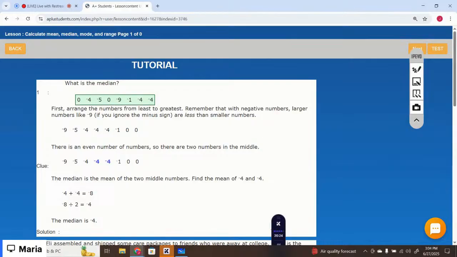What is the median? The median is the number that divides the whole data into exactly equal parts. So you have to arrange the numbers from least to greatest, or from greatest to least, right? The numbers that are exactly the middle numbers are the median. So -4 is the